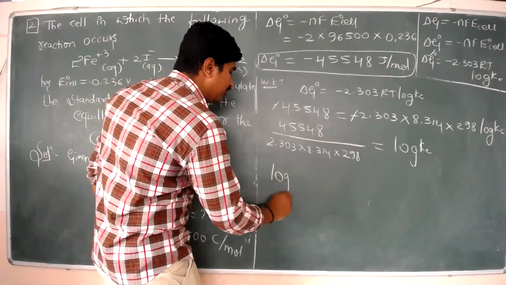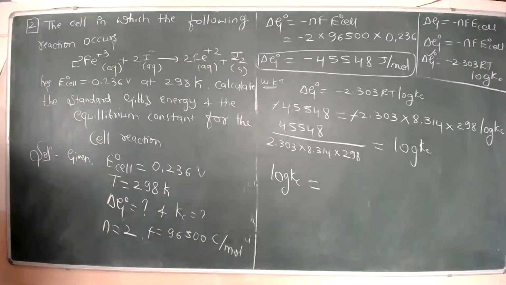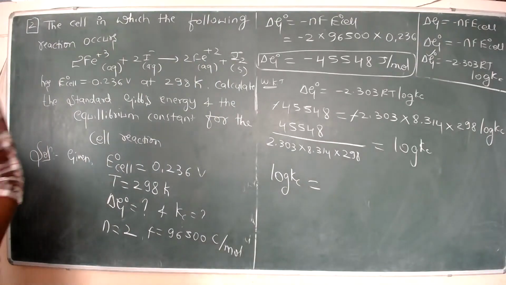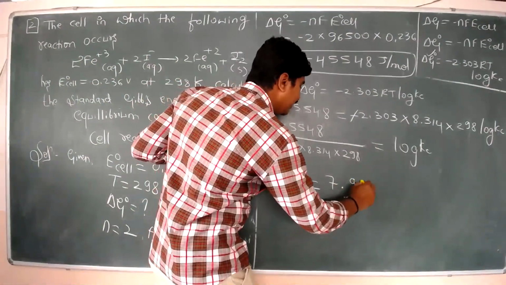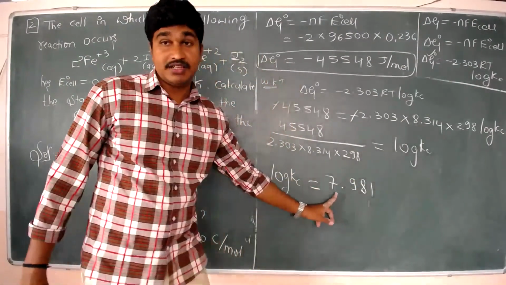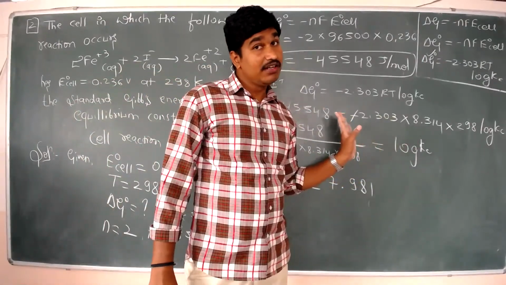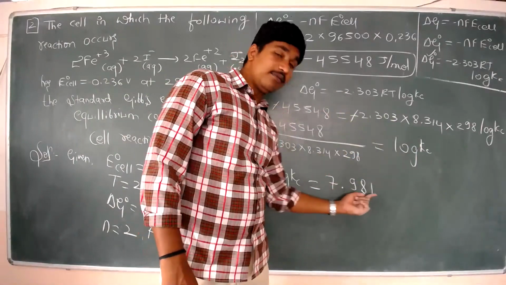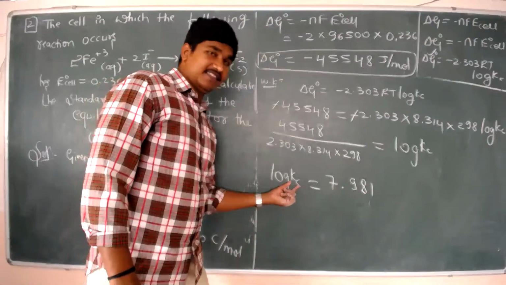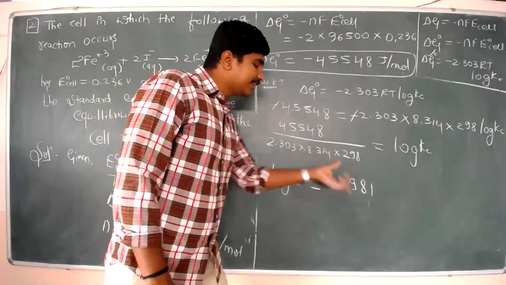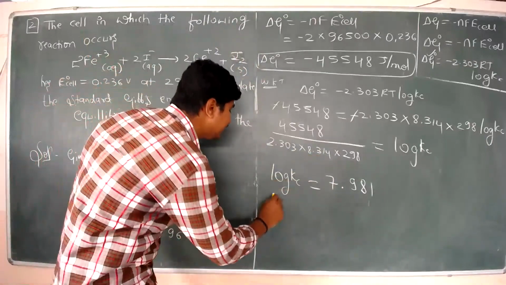here, I am writing log Kc. You will get 7.981 after simplification. It is positive. Negative cancelled each other, therefore it will be positive. Why am I telling positive? Because there is a reason. Here Kc is there, log Kc. If you take log to that side, it will become anti-log. Log will become anti-log. Therefore, Kc is equal to